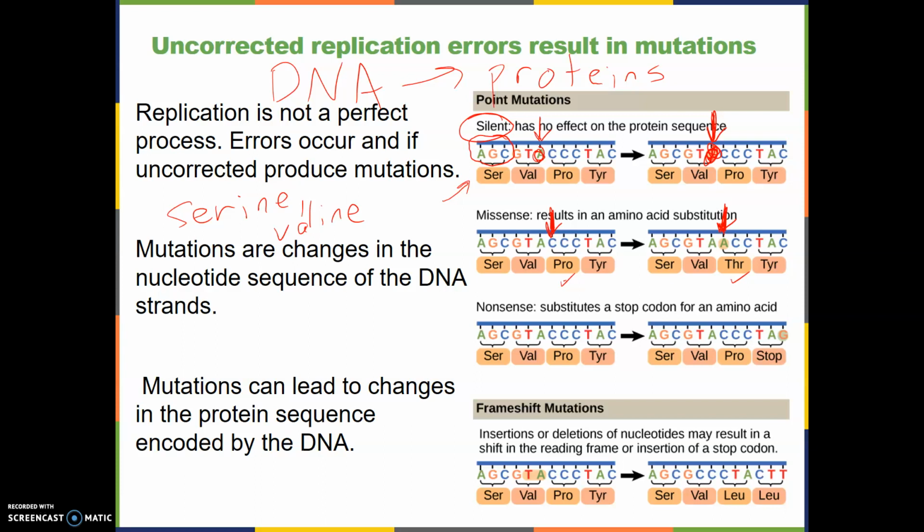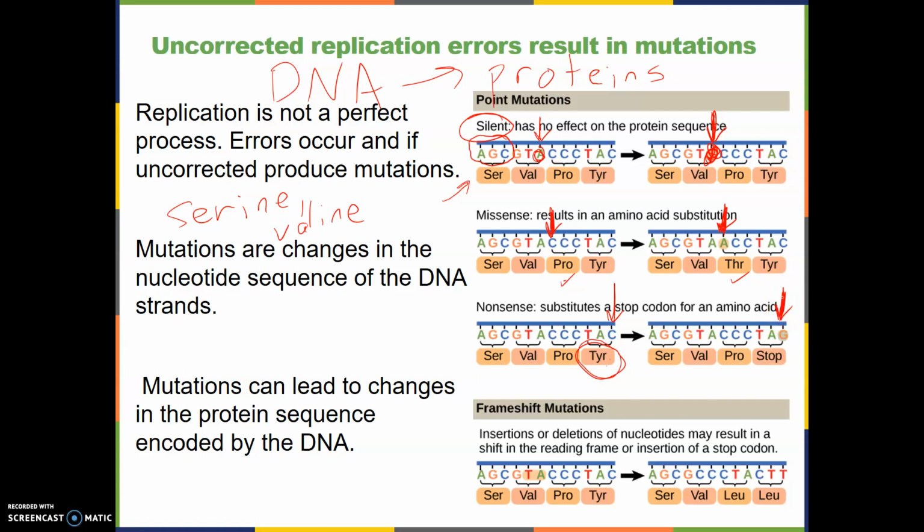A nonsense mutation, a nonsense point mutation, is when a substitution actually codes for a stop codon. So here is the amino acid tyrosine, and we're looking at a situation where, of course, proteins can have thousands of amino acids, hundreds of thousands of amino acids. So this is just one of them. And we're assuming that there's many thousands more after tyrosine. But if the C is replaced with a G,